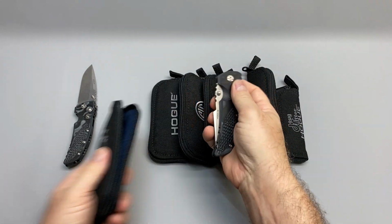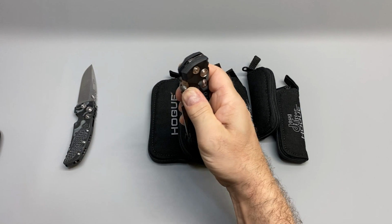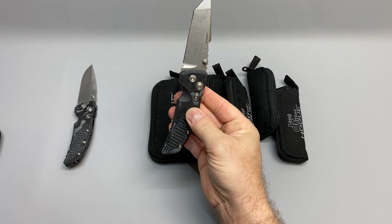Then we've got another one. This was on sale, or at least a misprice. So I went ahead and got a